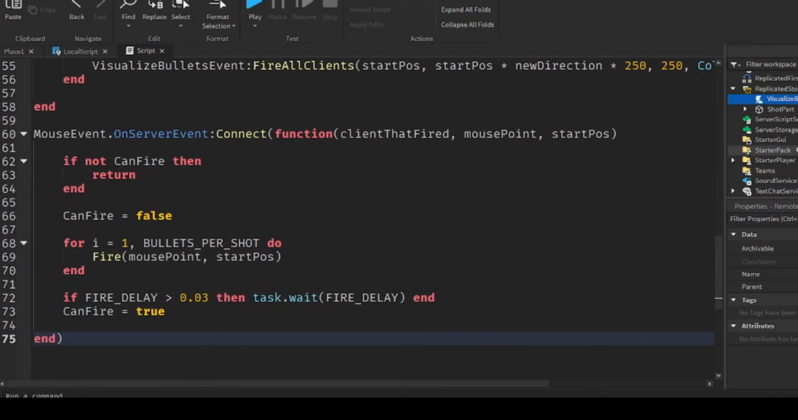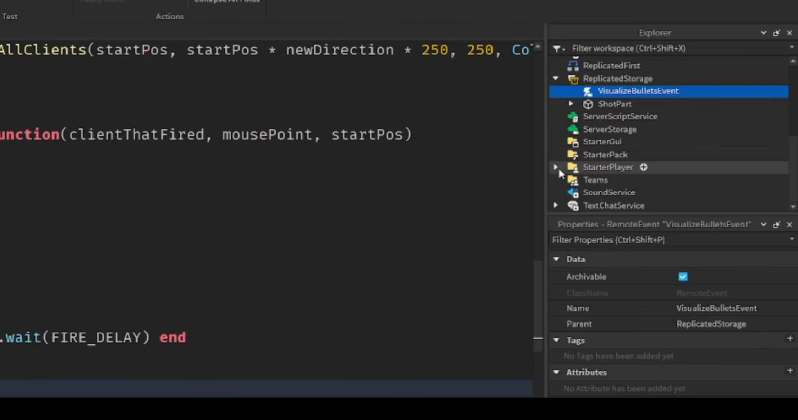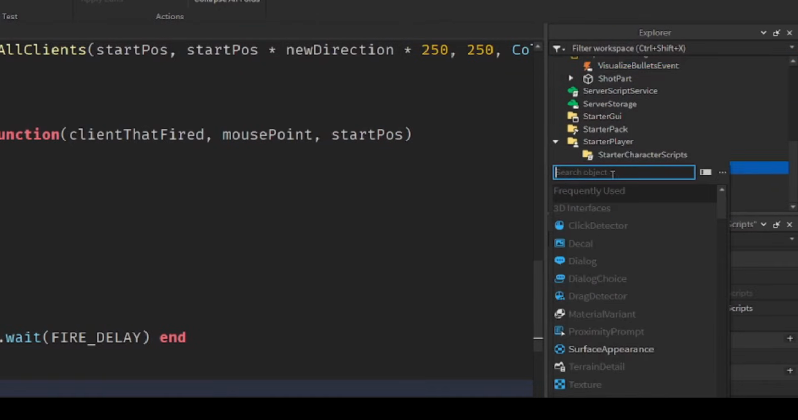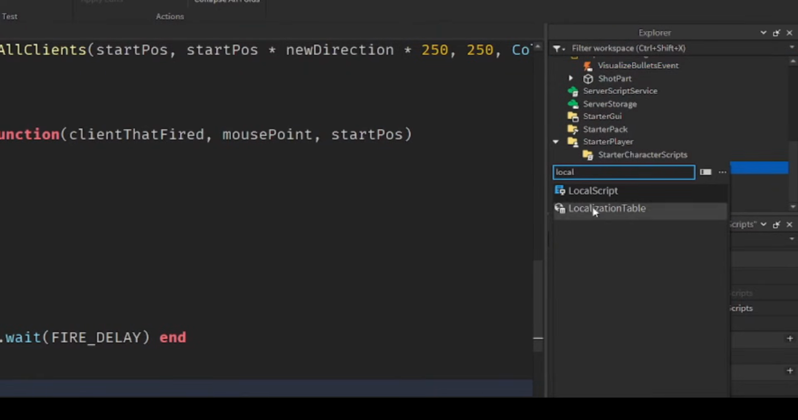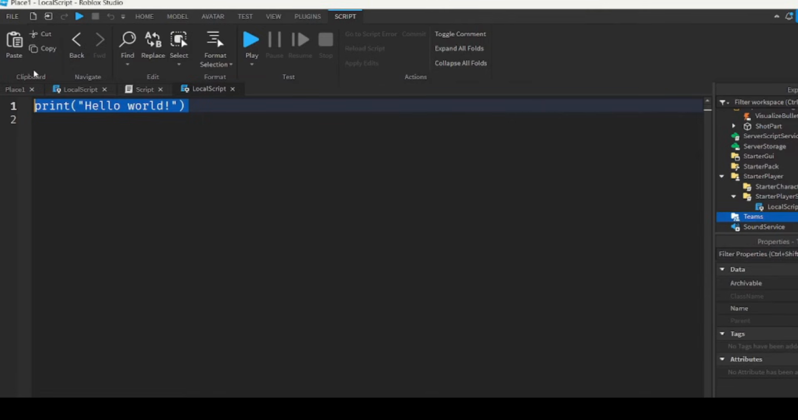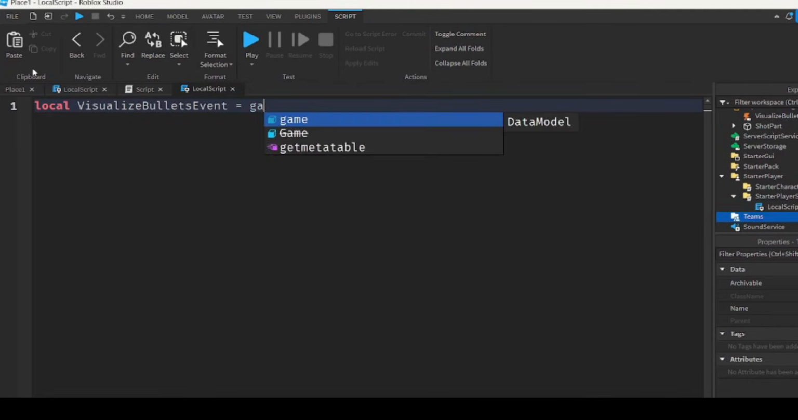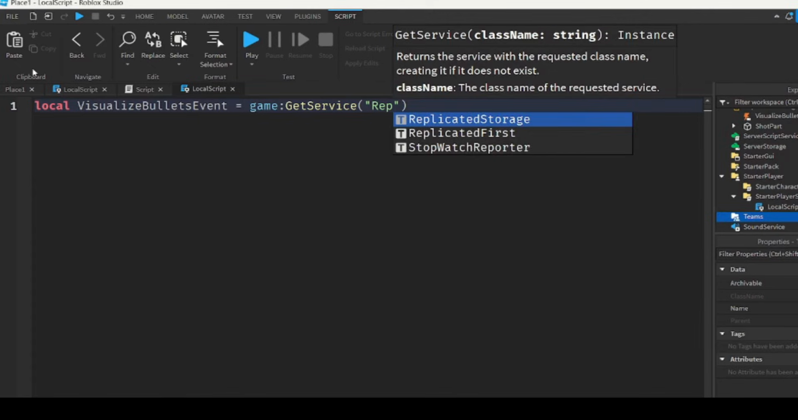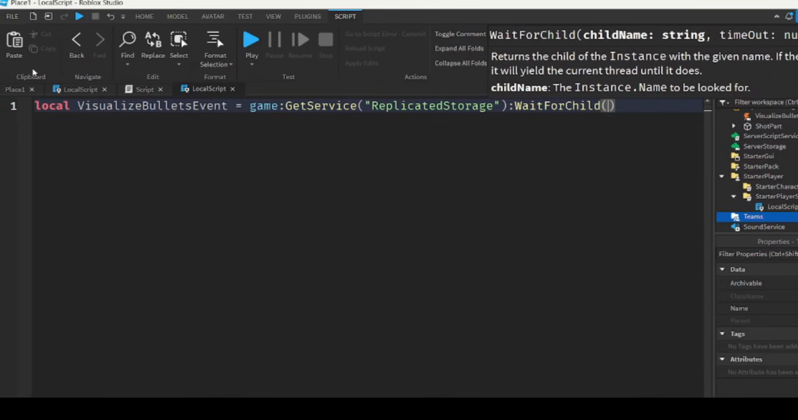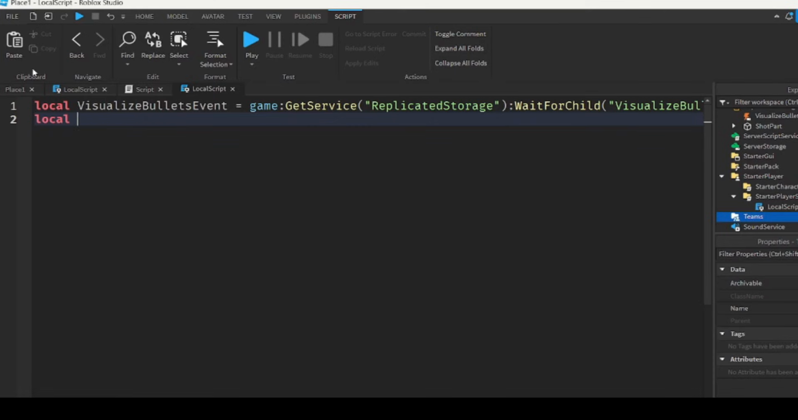Alright, the last thing we have to do is to actually visualize the bullets. So we'll go into starter player scripts and we'll add a local script inside it. Alright, so in the local script we want to get the visualize bullet event. So local visualize bullets event equals game get service replicated storage wait for child visualize bullets event. We want to get the tween service,